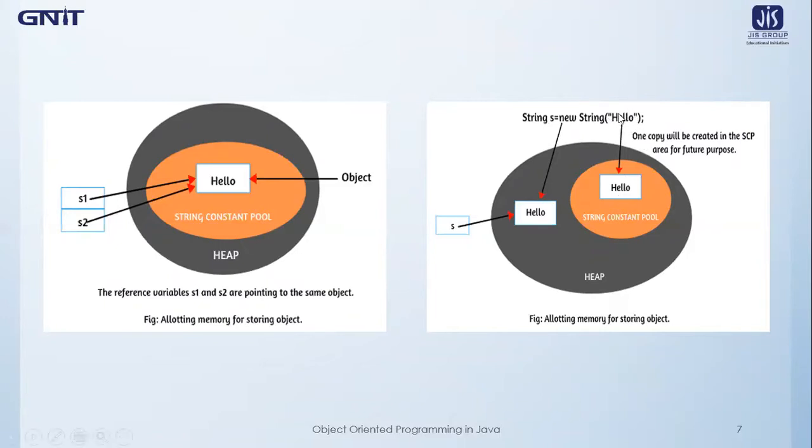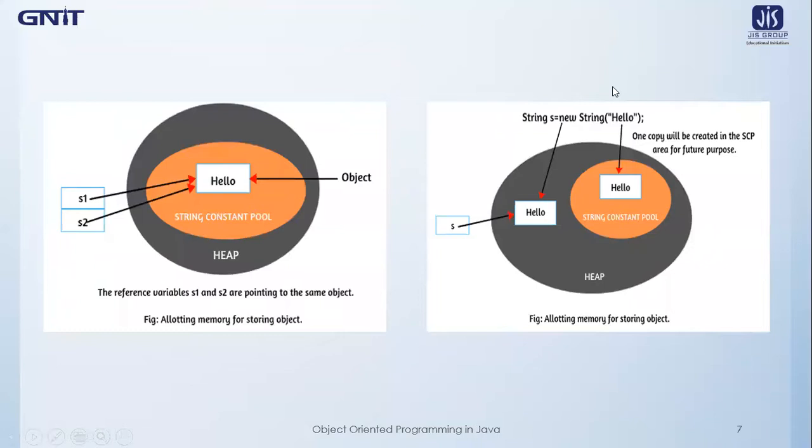As we are passing this string literal inside the string class constructor, we all know that for every string literal, JVM creates an object inside the string constant pool area. That's why JVM is creating an object for this literal inside the string constant pool, and this object is not being referenced by any reference variable of the string class. Instead, JVM keeps this object internally, and JVM also maintains the reference variable implicitly for this purpose.